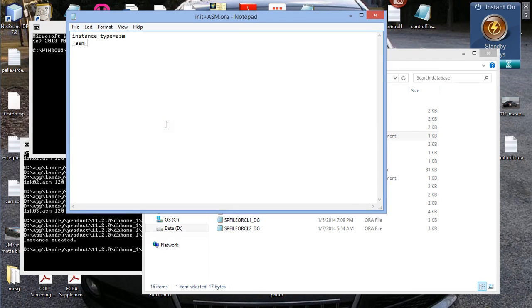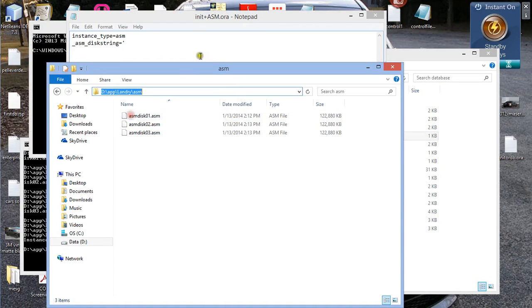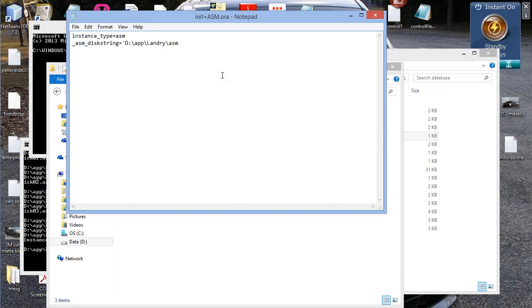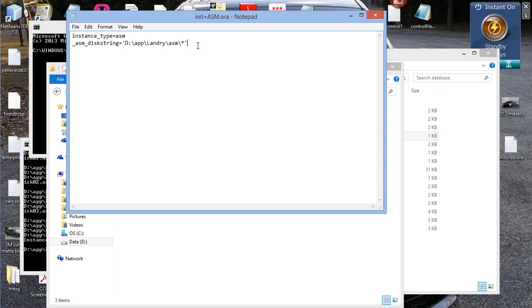ASM underscore disk underscore string equals. What I'm going to do is I need to get my ASM folder. I'm going to copy this directory, paste it in there, and then I'm going to put the star. Basically, the star is going to tell Oracle to look for any of these 3 ASM disks. I'm going to close it, save it, and then I'm also going to issue the command